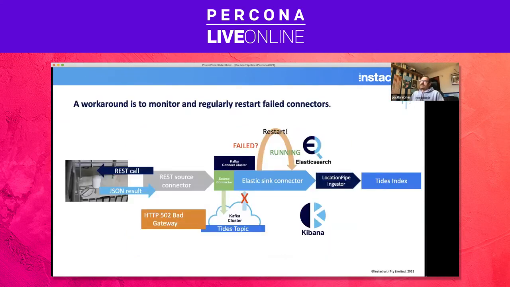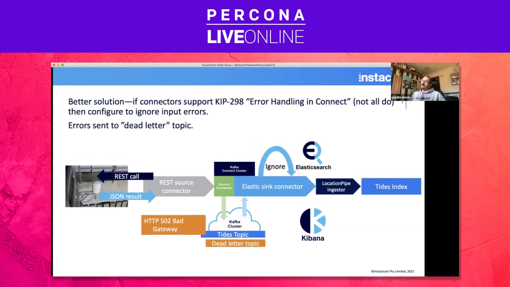So initially, I tried a simple workaround, which was just to monitor and regularly restart the failed connectors. This is a bit of a hack. It did work, but it's not really ideal. A better solution, if connectors support the KIP 298 error handling in Connect, which not all do, unfortunately, then in